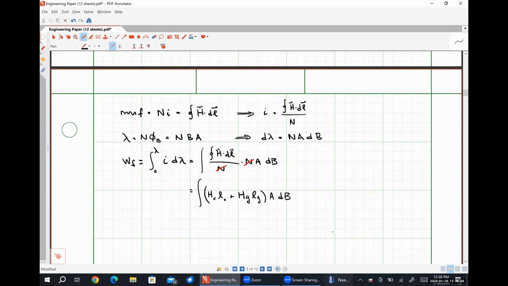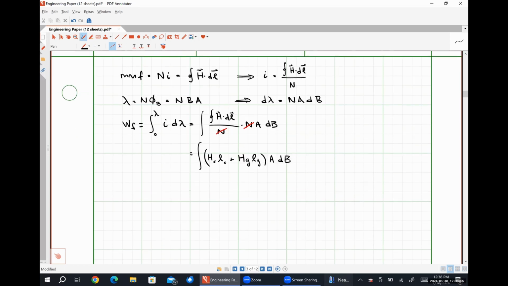And then we can express our field strengths, HC and HG, in terms of our flux density. So that's going to be the integral of the magnetic flux density in our core divided by the permeability of our core